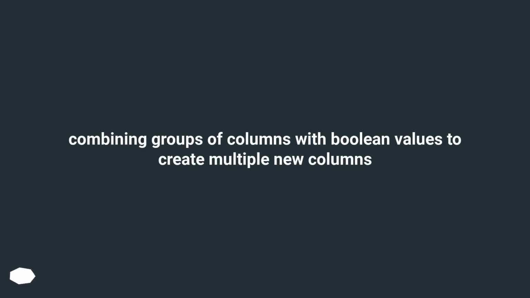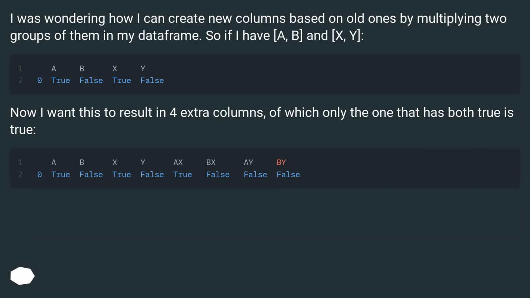Combining groups of columns with boolean values to create multiple new columns. I was wondering how I can create new columns based on old ones by multiplying two groups of them in my data frame. So if I have A, B, and X, Y,